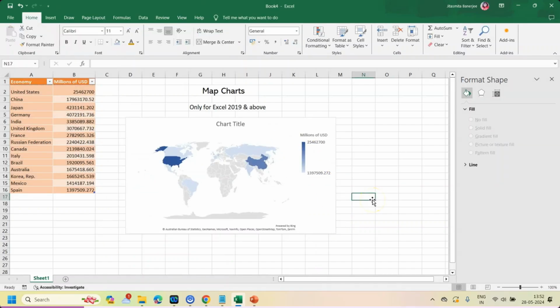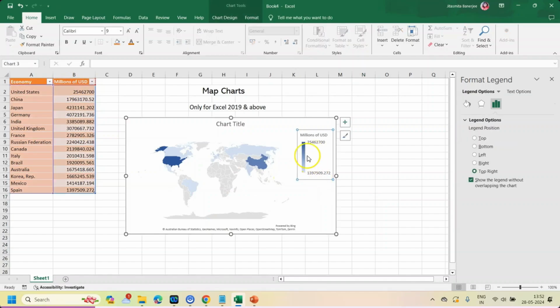So now let's understand what is happening right here. Here we have got the entire world map, and since we are plotting the GDP, which is in millions of USDs, you can see in the legend here we are getting a gradient, which tells me this one right here is the lowest GDP that is to be plotted on the map. And here we have the highest value, and here we have a gradient. Okay, so the lowest value is marked in the lightest blue color, whereas as we move upwards towards the greater value,